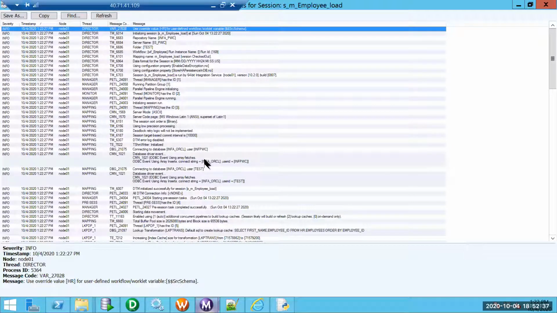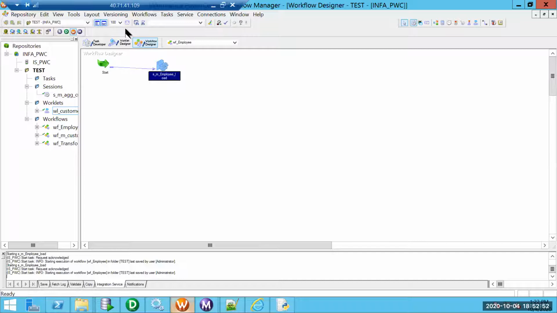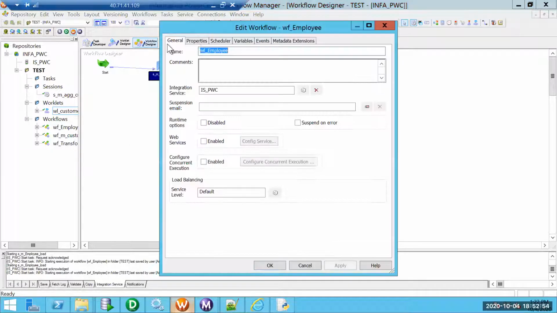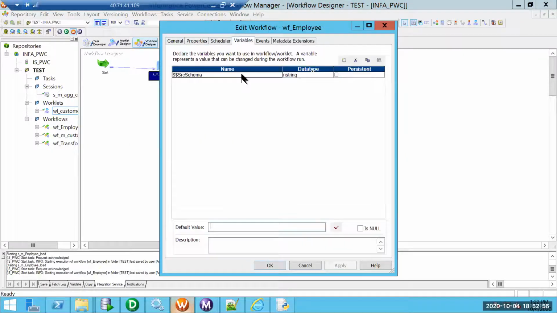We can see it is capable of reading those connection strings. So where exactly is it coming from, using the override value? Obviously from the parameter file. I have never hard coded any value at the workflow level. We did not provide any default value here.